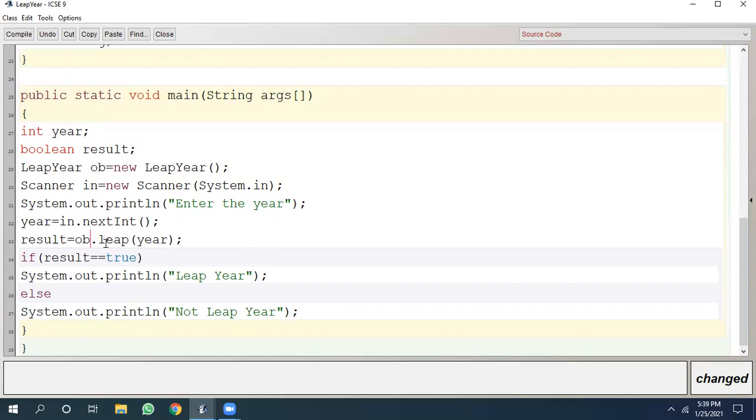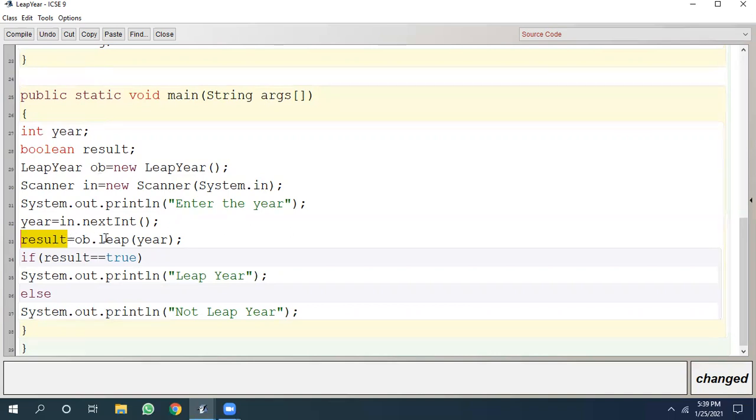Now, using the object ob, we are invoking the class function leap and passing it the year. The leap function will check whether the year is leap or not and return a Boolean value in the result variable. We see result is a Boolean variable. That means it will contain either true or false.